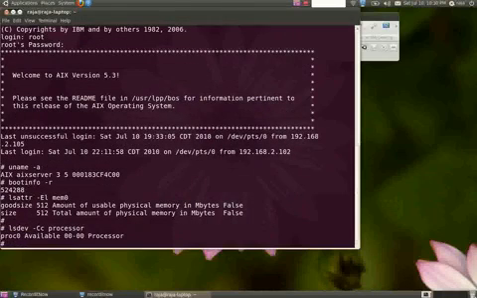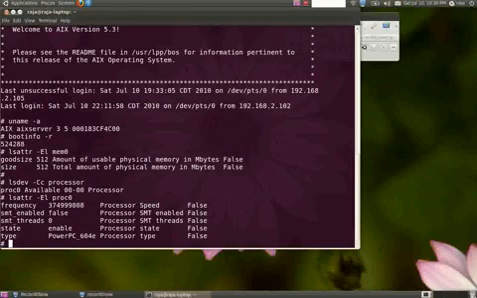lsdev -C processor. This command will list out all the CPUs in your system. So my system has only one processor, that is proc0, and I want to know the attributes or the information about the processor. Here you can see the frequency, it is showing in hertz, so you have to calculate it accordingly to find out the actual frequency or speed of the processor in megahertz, or nowadays gigahertz. So mine is around 300 something megahertz, and the processor I use is a PowerPC 604E,